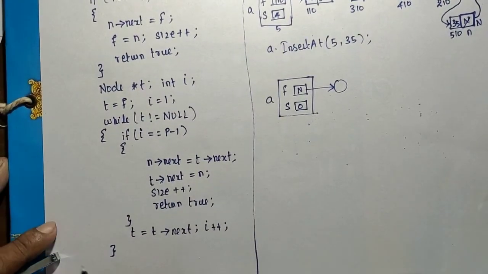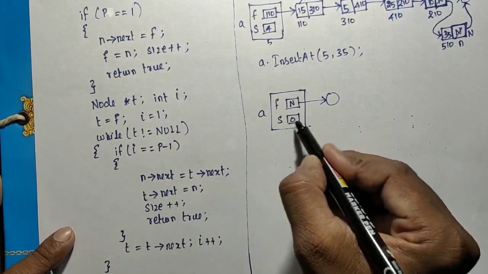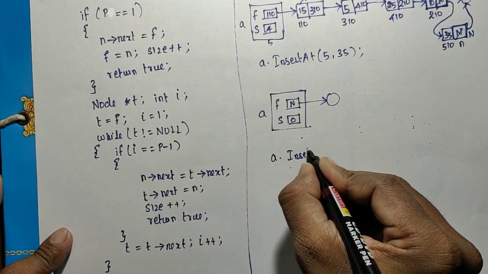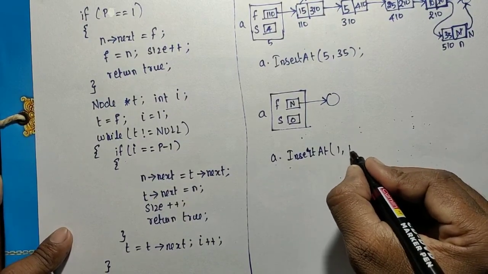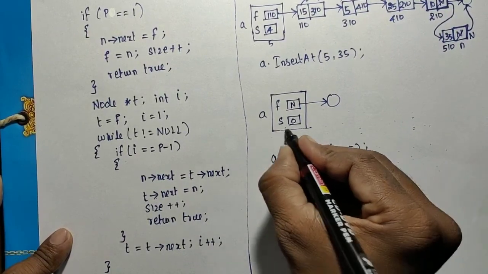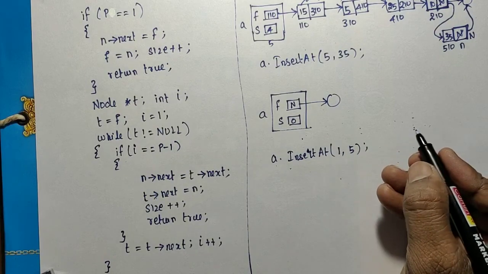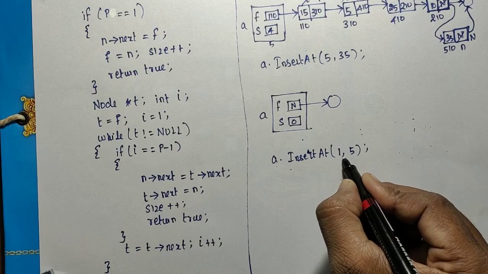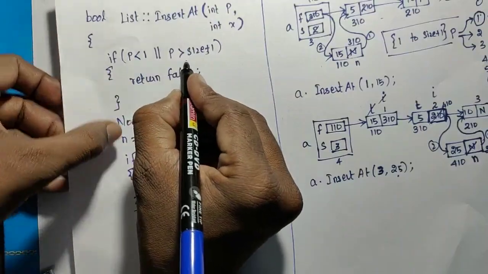So that completes this function. Okay, while loop, end of that function insert front. Next, consider another situation. This list is empty. In that case, if you are calling insert at of 1 comma some value like 5, since the size equal to 0, the valid index is only 1. Okay, so 1 to size plus 1. Size plus 1 is 1 only. If we are passing any invalid index here, 2, 3, 4 or 5, here itself it will get terminated.